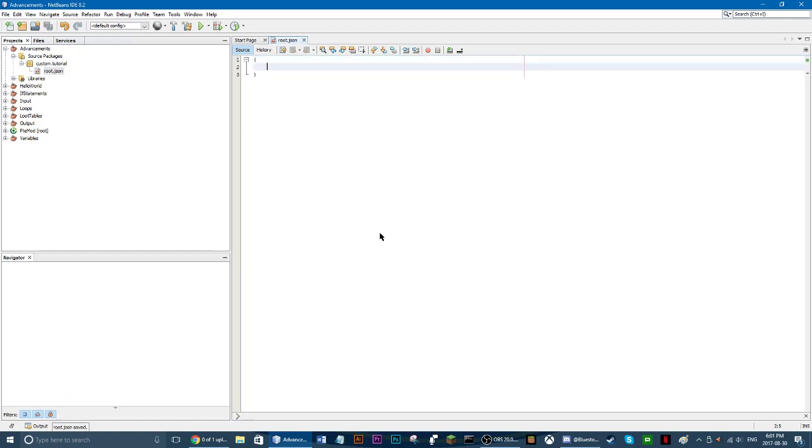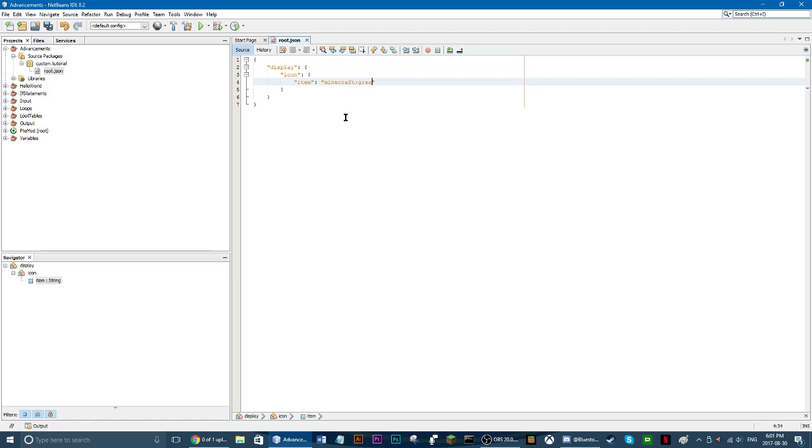The first thing you want to note is the display. This is the first thing you want to worry about, and it's something the root could take care of. In display, you start with something called icon. Display is its own thing, and within it you have icon. You can specify things such as item and data, but we're just going to specify item for this one. We'll do item Minecraft grass, or maybe gravel, or